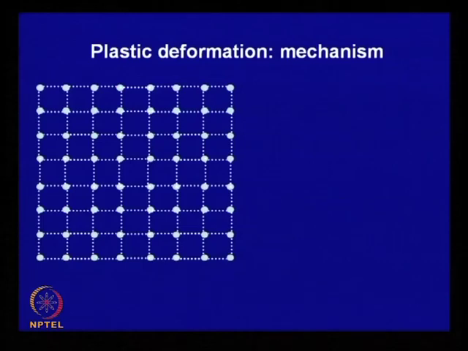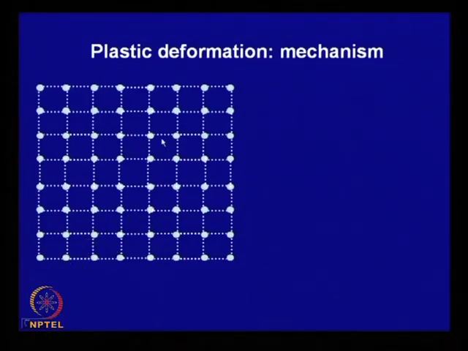With this background, I think it will be worthwhile to look at the mechanism of plastic deformation, because to cause the deformation you need a given state of stress, and it has been mentioned the state of stress which can give plastic deformation is shear stress, which is shown here. I have a 2D crystal which is shown here. You can also visualize as if these are